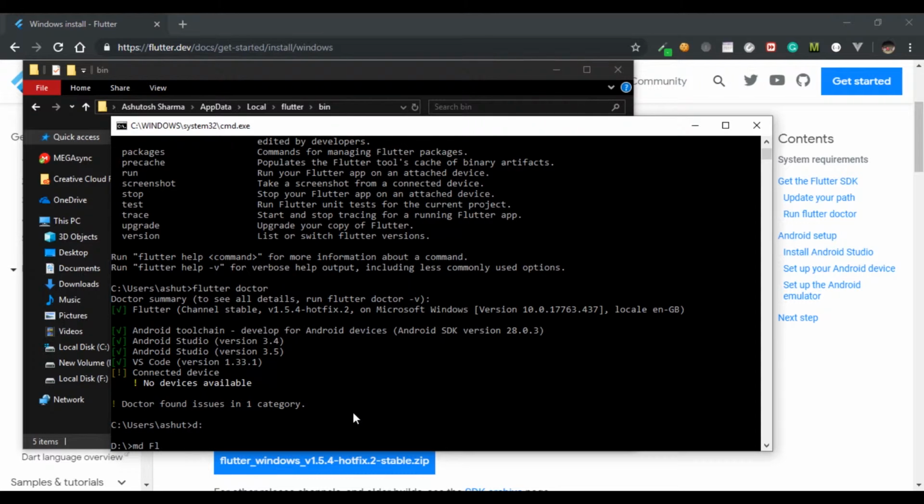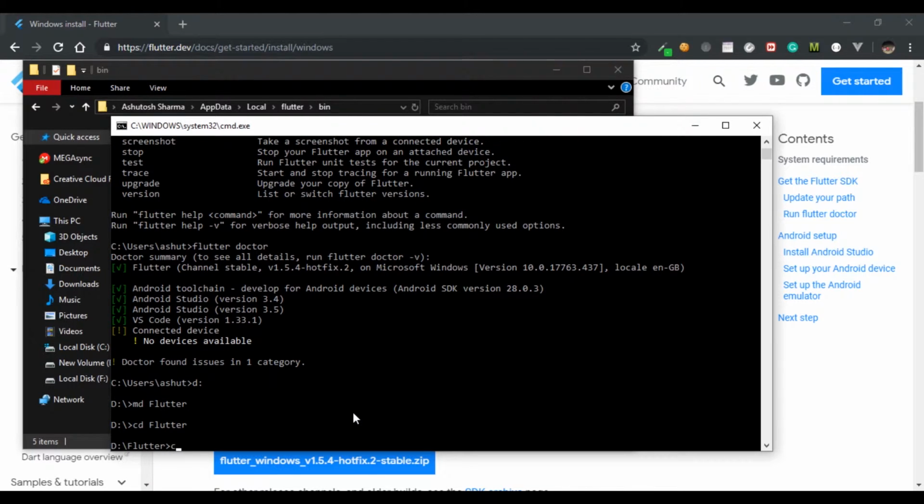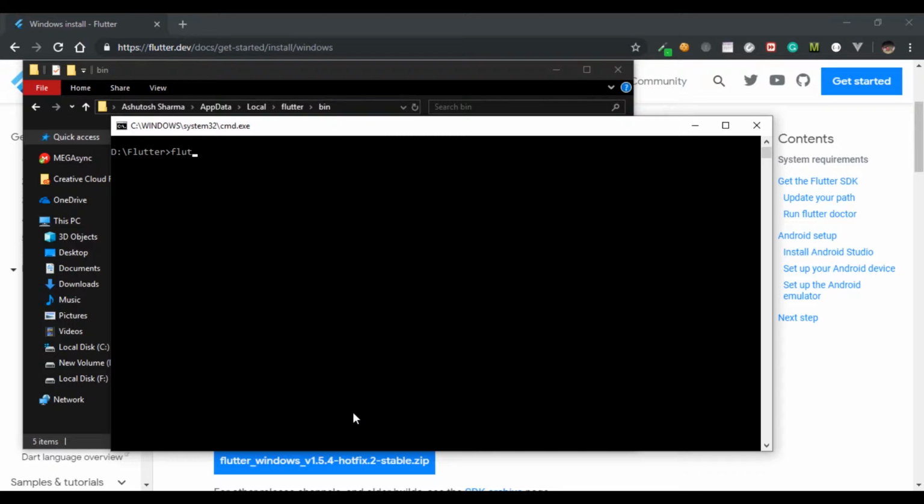I'm gonna make a directory in D drive Flutter, and I'm gonna change the directory to this folder. So to create a Flutter project, you have to type Flutter create, and for the package name you can give -org space and your package name. I'm gonna go with com.kikiteki,